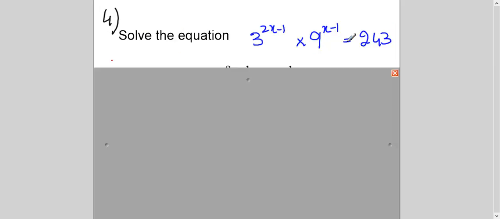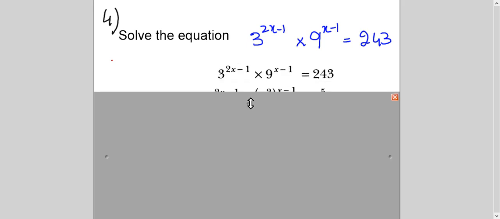Now look at this equation, solve the equation. I have taken altogether 9 or 8 examples in this video. Now, can I change everything to base 3? Yes, 9 can be changed to 3 square. What about 243? You can try it out. Definitely when the question is given such, it will be possible. Otherwise, there will be some other technique, which will not be part of this topic.